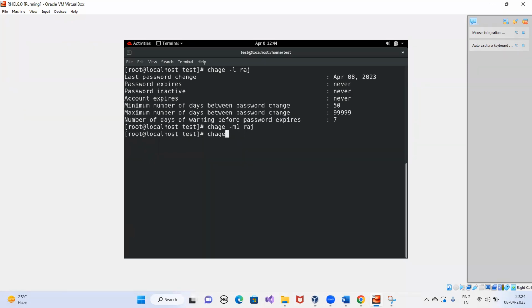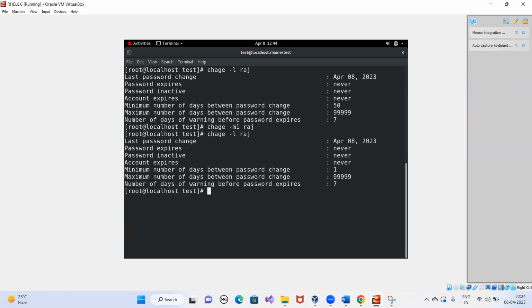If I again use chage space -l space Raj, now the value has been changed to 1. Earlier it was 50. Now the user can change the password after 1 day, and maximum it will expire on this particular date. So this is the default value, but in a company, this is not going to be the situation, because in a company, as per the compliance policy, you will have to change the password within 30 days, 60 days, or 45 days. You cannot keep it like